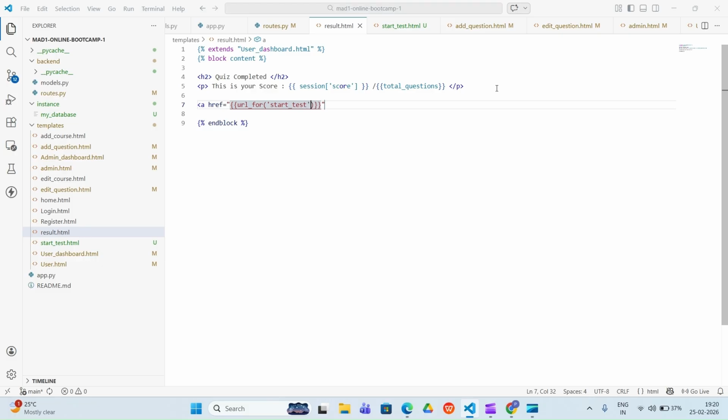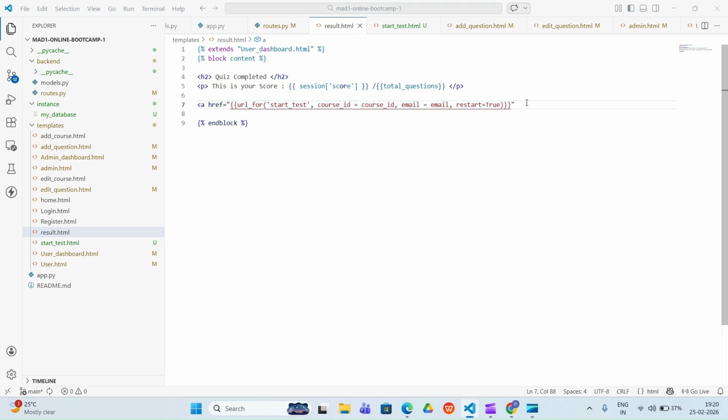And in this you just need to give the course ID. So you will write here course ID, that will be equals to your course ID only. And then you need to give the email. So you will write here email, that will be equals to email only. And then you need to restart it. So you will write here restart, and that is equals to true. Okay, so all these things you will give here.